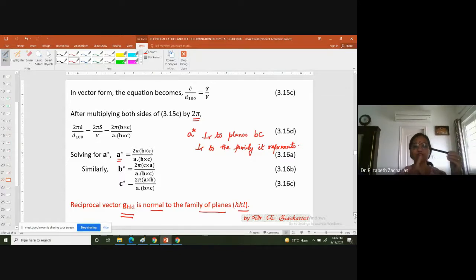A family of crystallographic directions, let us say this direction has an index HKL. And if you're talking about a family of planes with the same index HKL, they will be mutually perpendicular to each other. You've studied this in SPM, if the teacher has taught you and if you have learned.